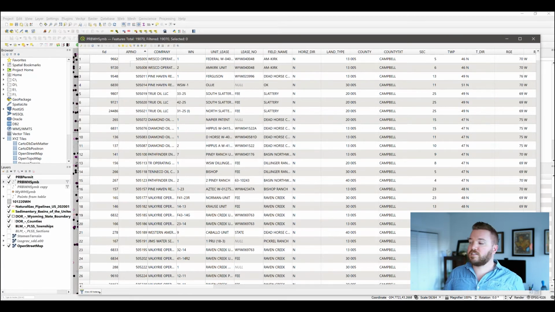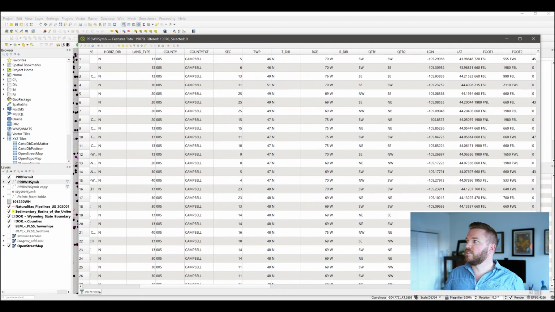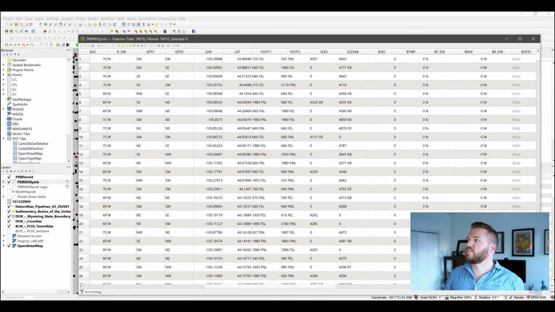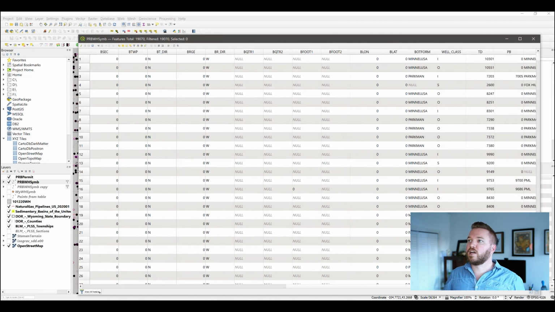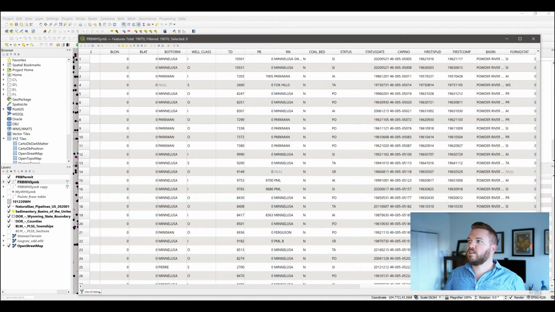This is going to be true in any state. You might have to manipulate these data. So that's what we're doing. We're just cleaning it up. So if I come across the table, great. I see this column here that's called